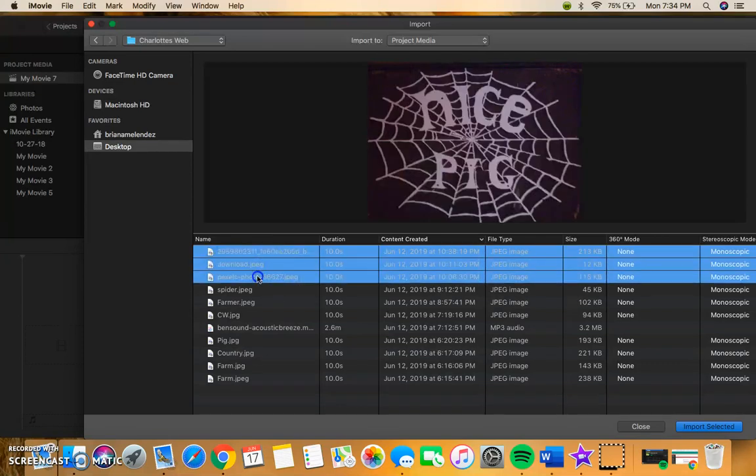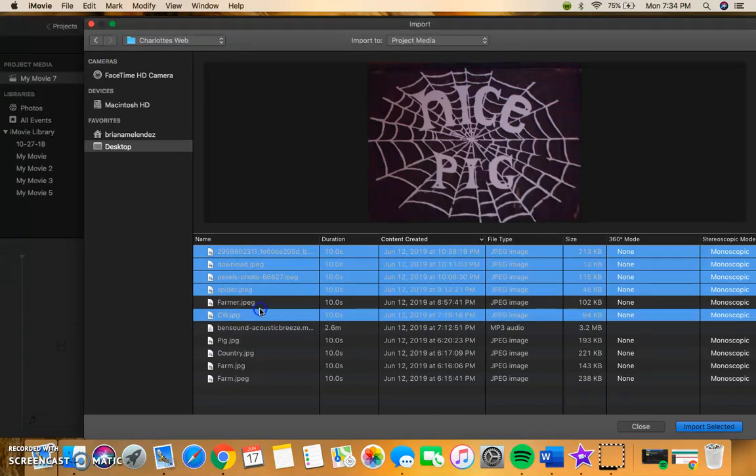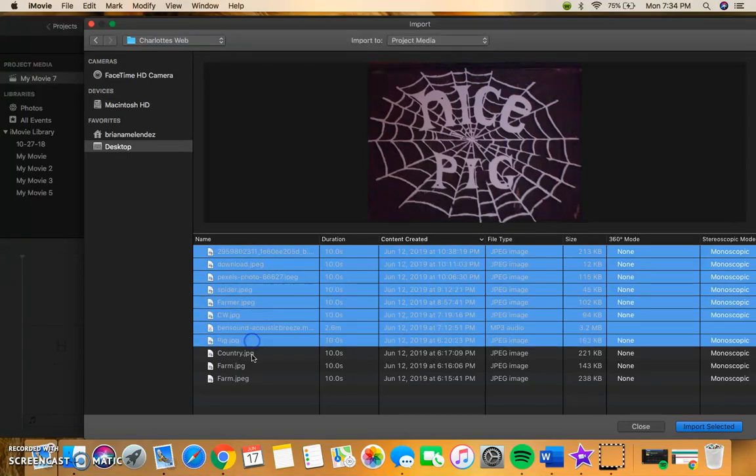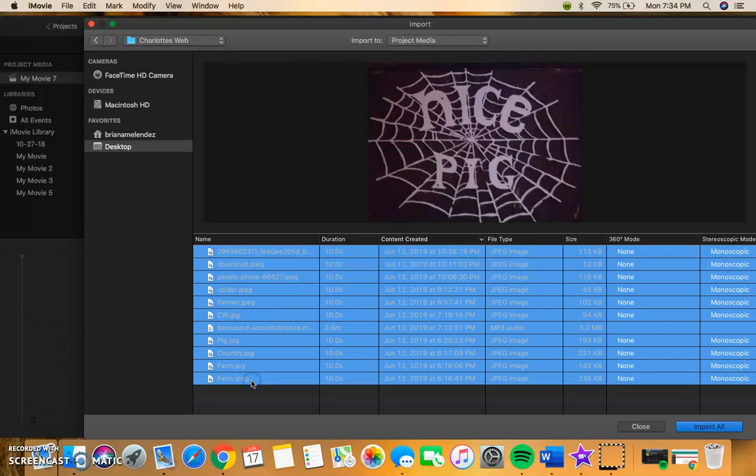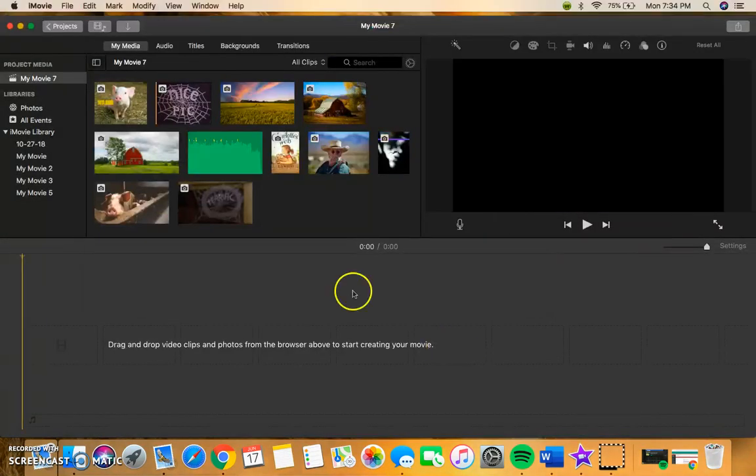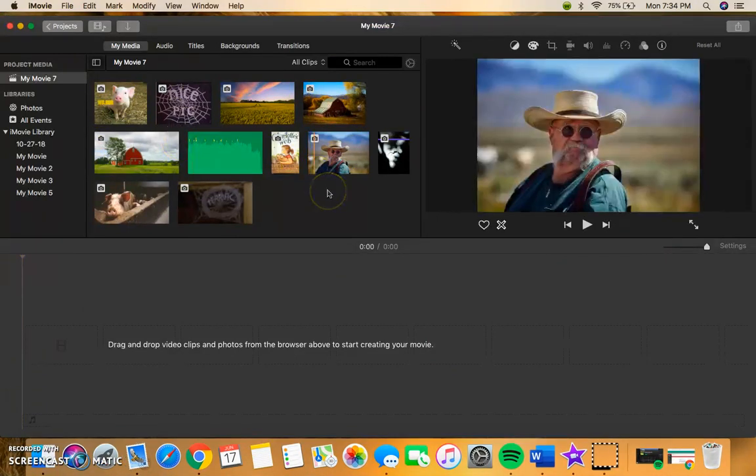So I'm going to hold down my control button and click all of these since I am planning on using all of them. Now you see that they're highlighted. I would hit import all. And just like that, iMovie has all of the videos or pictures or audio that I would want to use